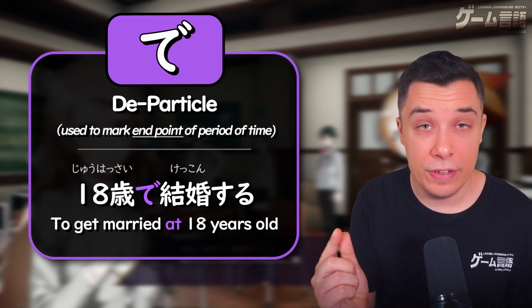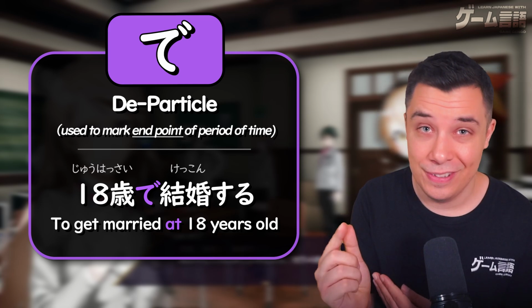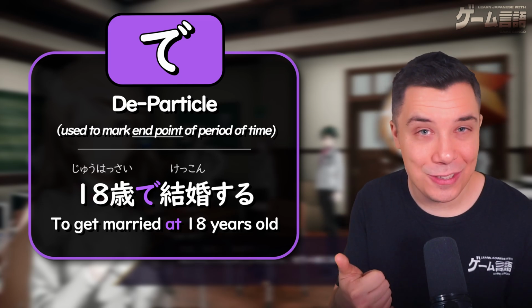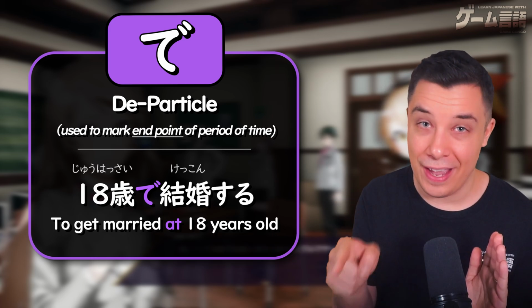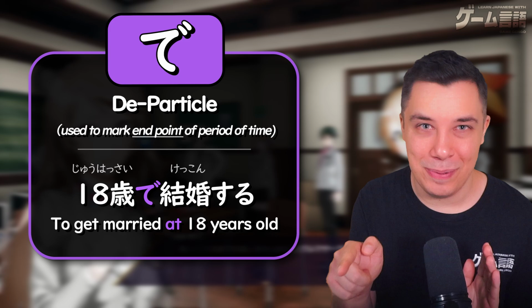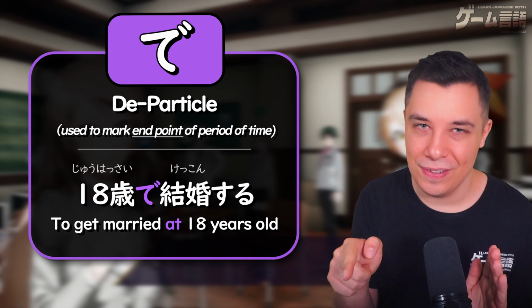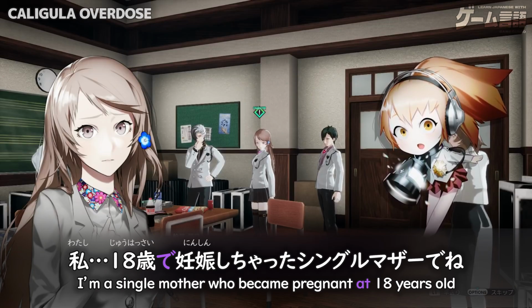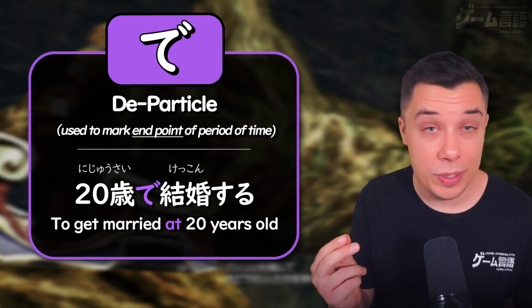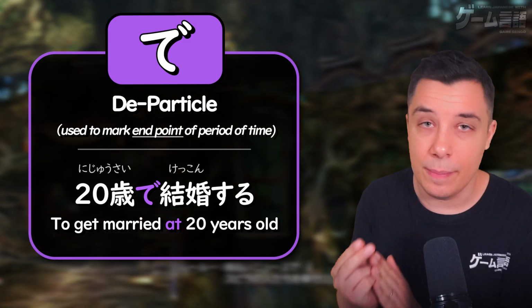Like when at a certain point or period in time, you do an action. Like here, to get married at 20 years old. So it's a period of time, and this is when you do the action. Again, you can kind of see the X marks the spot. You're pointing at when you do the action. To get married at 18 years old. 18歳で妊娠しちゃったシングルマザーでね。